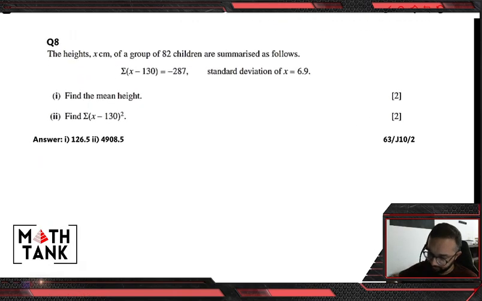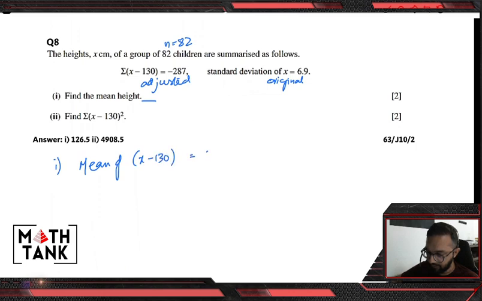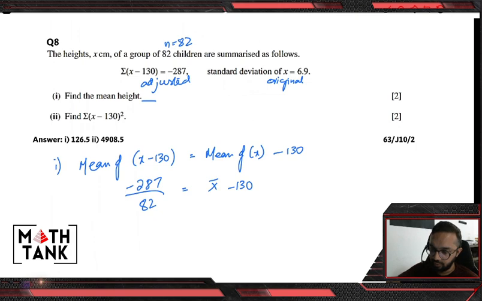That's the question. It says the height x centimeters of a group of 82 children. So 82. I have the adjusted values, and this is the original. It says find the mean height. So I know that the mean of x minus 130 is the same as mean of x minus 130. So minus 287 divided by 82, x bar